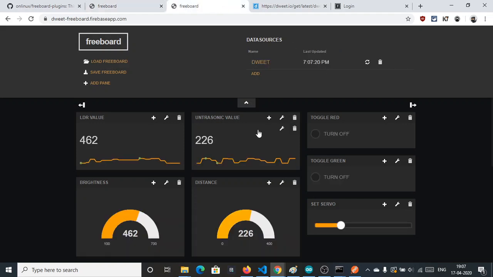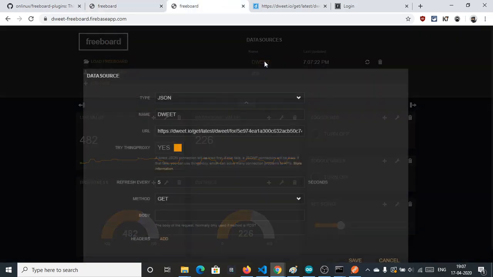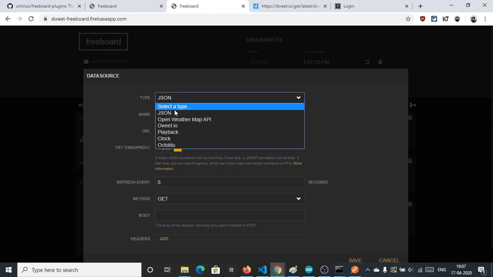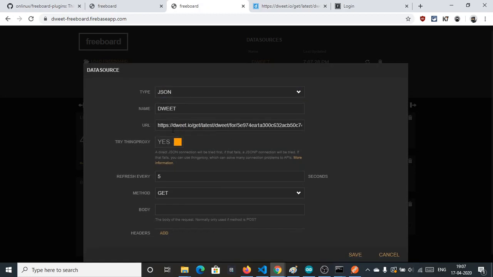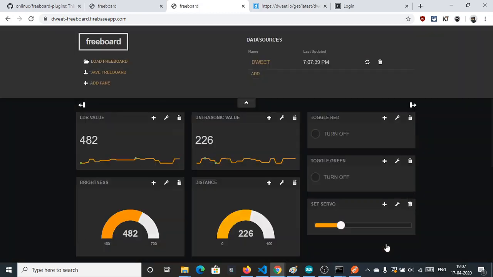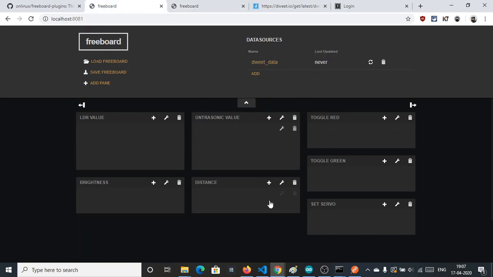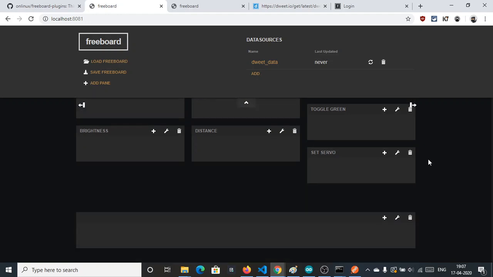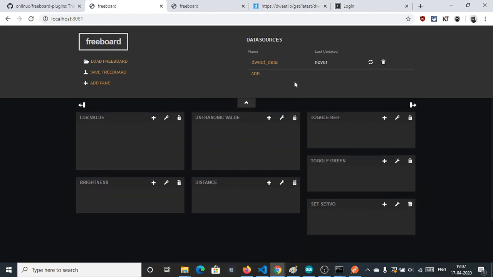You get a basic idea how it works with the HTTP JSON API. Like this, the type is JSON. You need not take Doit.io, use JSON, and in the URL field use the Doit.io REST API. Simply, this is the type, this is the workaround, or this is how we will work. In further sessions I will discuss how to use this perfectly, but currently I don't think it will work here. Fine.